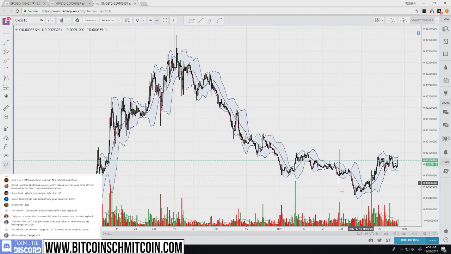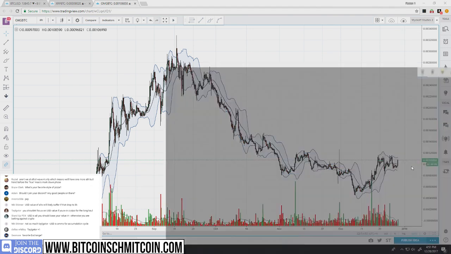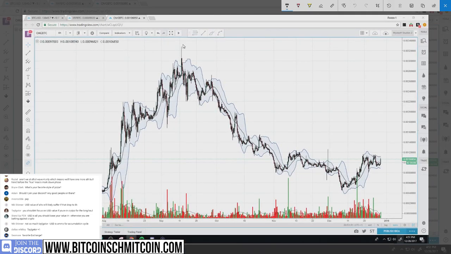So we see here since the beginning of September. Keep in mind, this is when the OMG USD pair began reaccumulation, which led to a markdown in the BTC pair, and now it's found its bottom here,